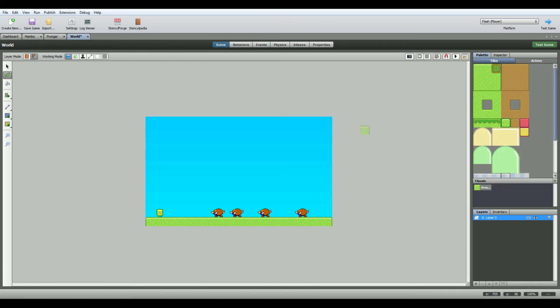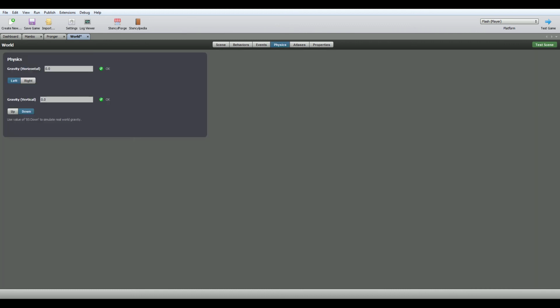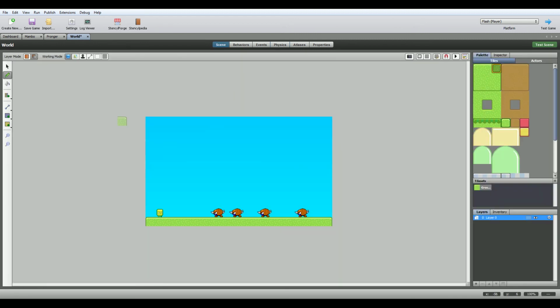However, the world itself doesn't have any gravity because we didn't tell it that it should have any gravity. So if we go to physics right now, it should say physics, horizontal gravity. You can make your characters fly to the right or the left. You can have a vertical gravity. Down here, it has a little note, 85 down was real world gravity. So let's do that. And then if we go back to scene, nothing's changed, but right now the world has gravity. If we start the game right now,